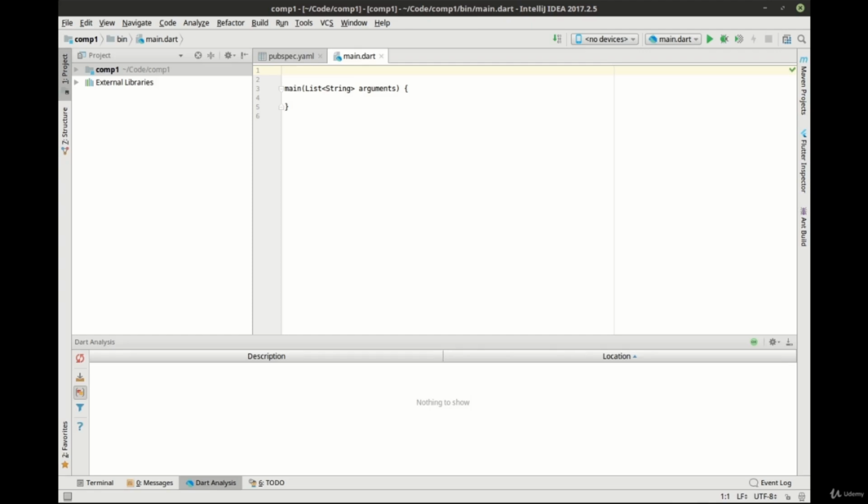So let's look at compression. Compression's a very interesting topic. You can take data, a lot of data, and make it a lot smaller. So let's import Dart